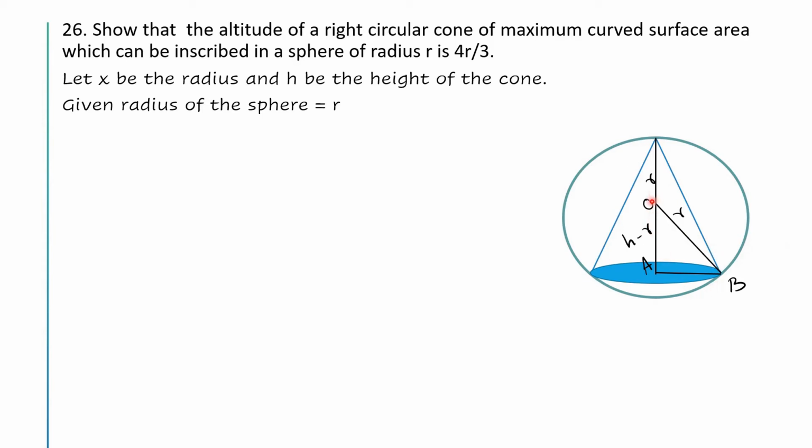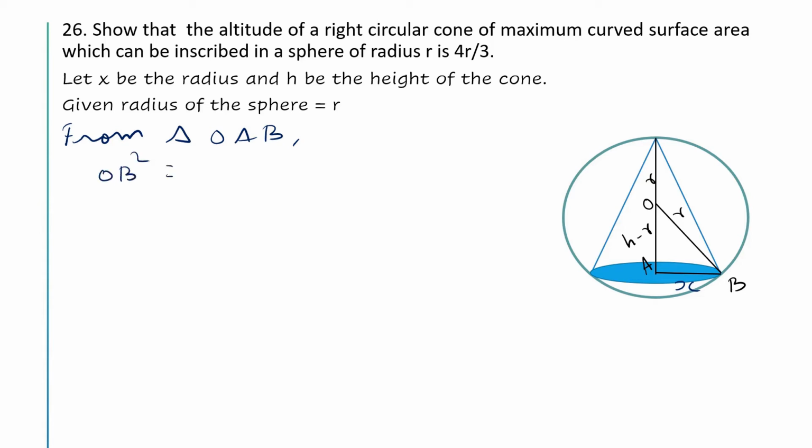Again from this triangle OAB, it is a right triangle. We can see that OB square equals OA square plus AB square. AB is nothing but x. So from that we can find x in terms of h. This is x. So from triangle OAB, we have